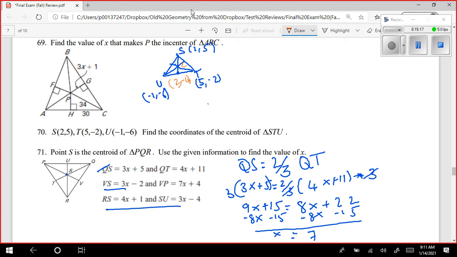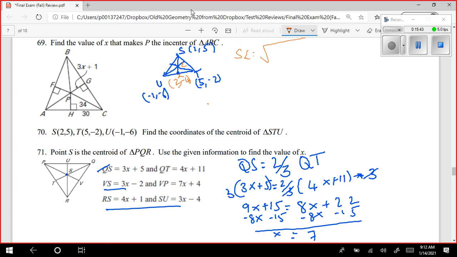And we are trying to get this particular coordinate of the centroid. For that, the easiest way is you just find the distance from S all the way to this particular point. Let me call this midpoint L. So distance SL. You can use the distance formula and find the distance SL. This is (2, 5). This is (2, -4).